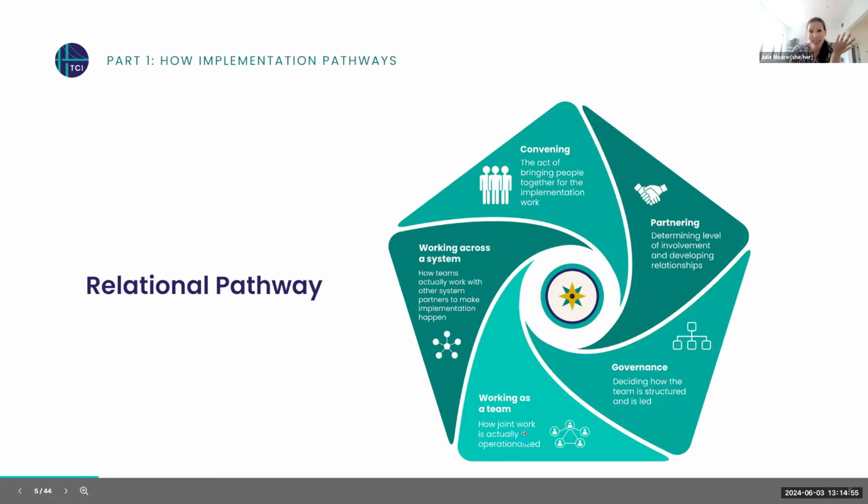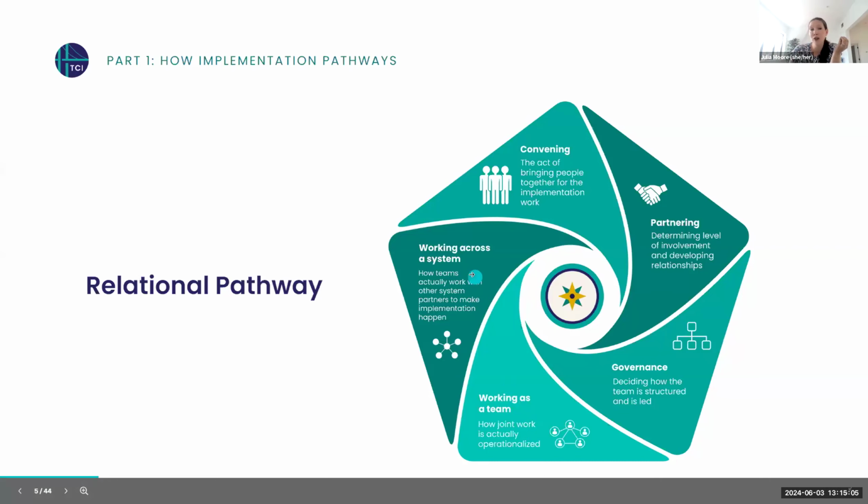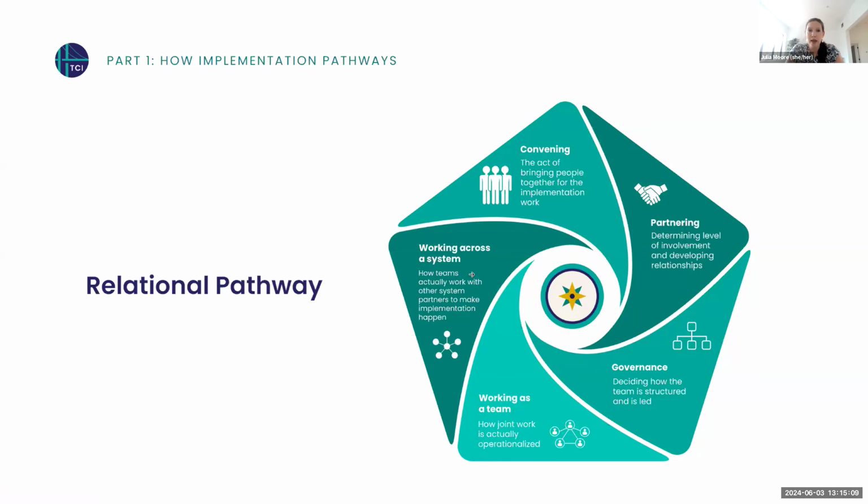Then we actually do work together as a team and figure out how do we work together as a team to make change happen across an organization or a system. And many of you, it sounds like, are not just working in one setting. You are trying to change the way that HIV is diagnosed, treated, managed. And so you are trying to work across the system. And so that takes an entire additional set of not just how do we work as a team, but how do we work across the system? So this is the first pathway.